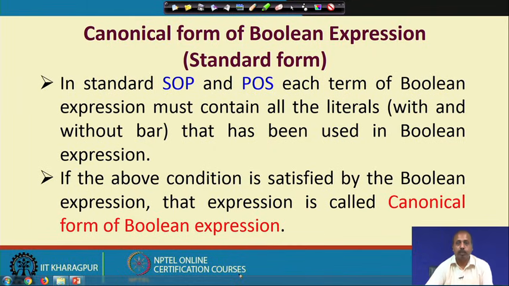For a particular Boolean expression, you can have only one canonical sum of product form and another canonical product of sum form. You cannot have more than one canonical form for the same expression. So, if you are given two expressions and want to check whether they are equivalent or not, what you need to do is convert them into their canonical forms and then check whether the terms are the same in both the expressions.